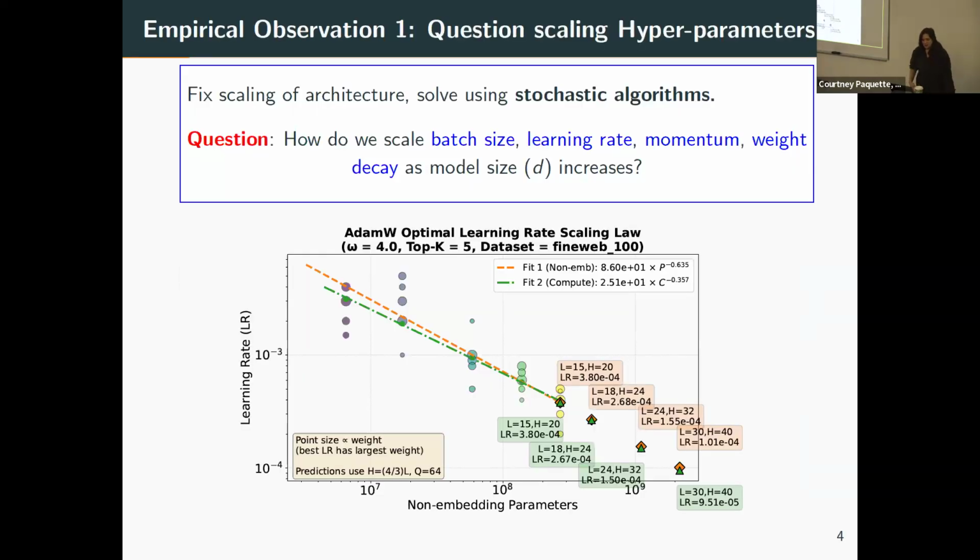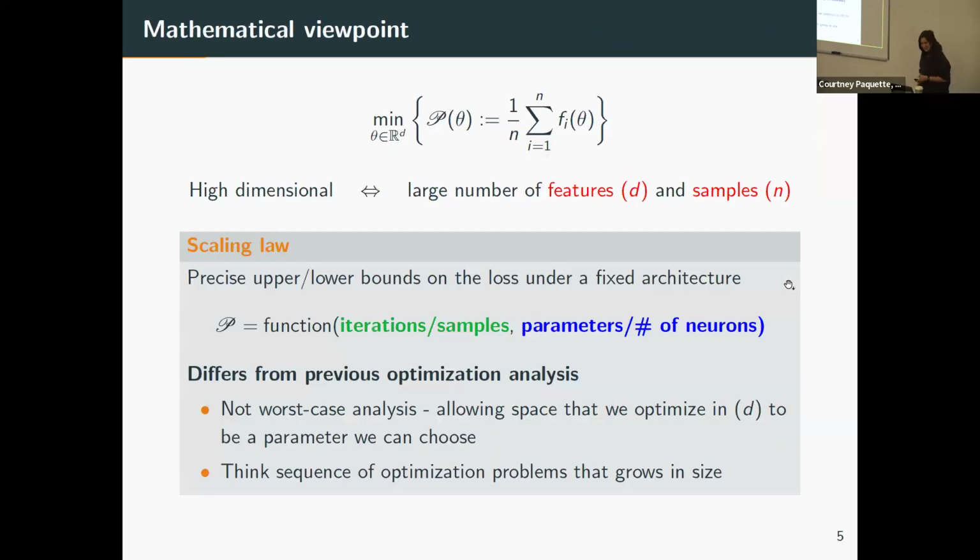And the way physicists say it is, once it goes power law, it's always power law. So once you see a power law, everything becomes power law after that, including the learning rate that you use. So I will talk about power law stuff. Let's think about this as a mathematical problem, as a framework.